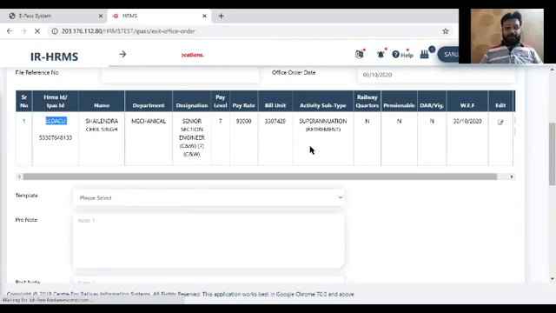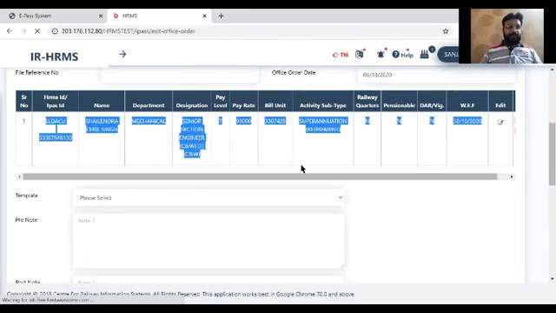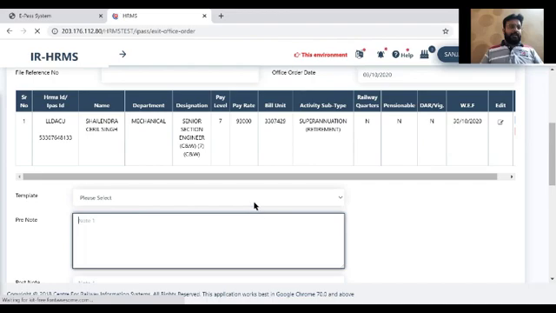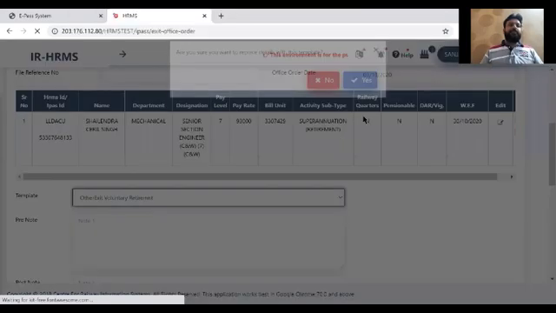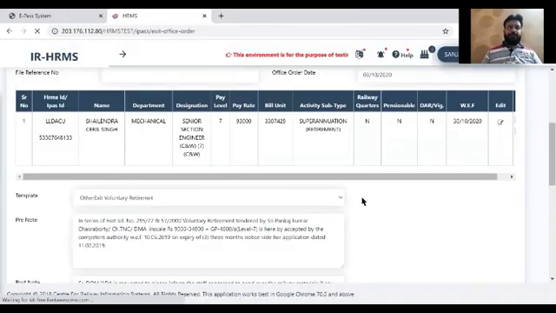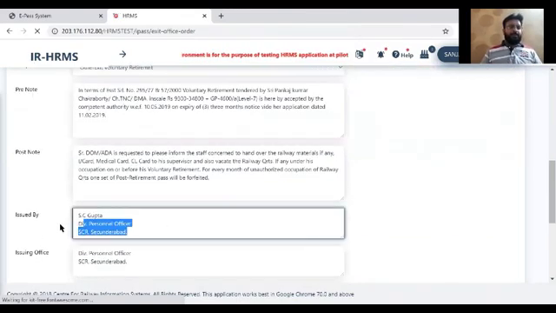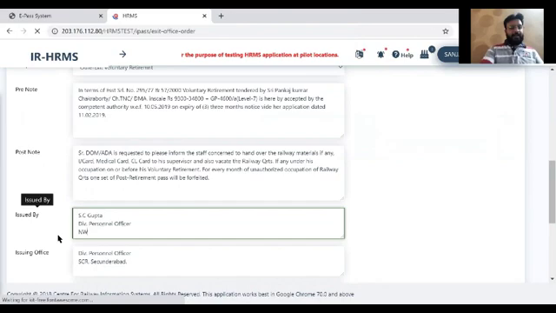At the center of the table, the information of the employees is available here. Now at the bottom, I need to select the template. In the previous videos, we created some templates. I'm using just a dummy template selected here, and I have the right to change it. So I'm just changing some information here.